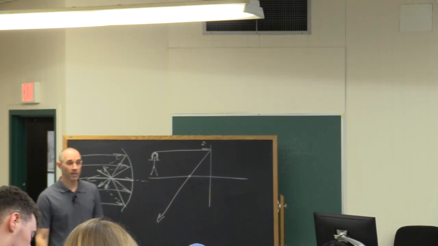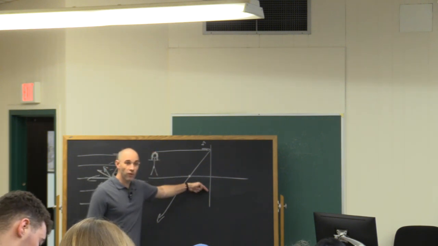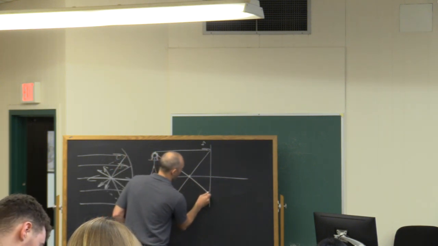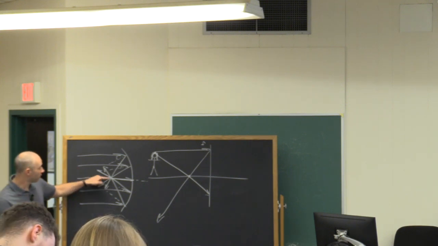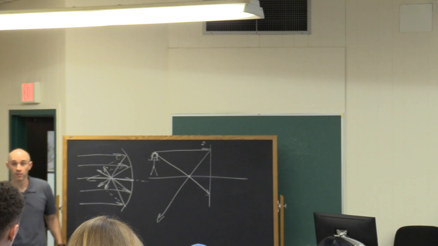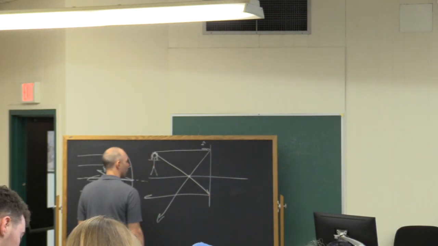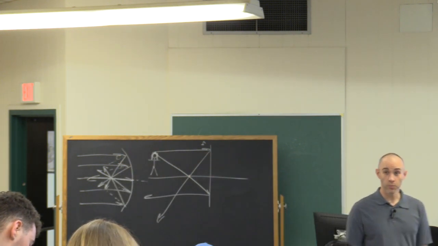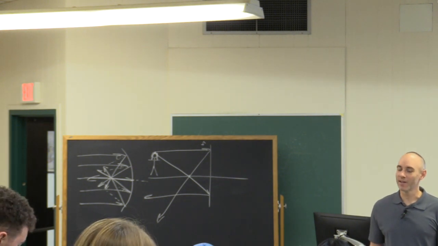Another light ray coming off the top of her head is going to go through the focal point, and then hit the mirror. And you know from what I just showed you that anything that comes from the focal point and hits the mirror is going to leave parallel to the axis. So that's what it's going to do. And those two rays crossed, which means I already know where it's going to be, but I'm not a trusting kind of guy, and I might have made a mistake.